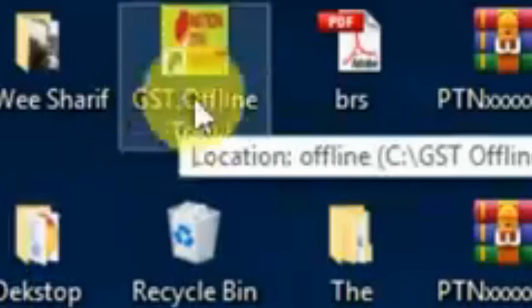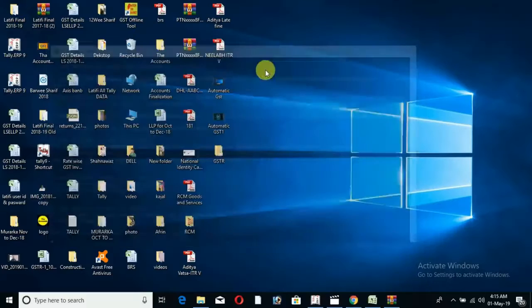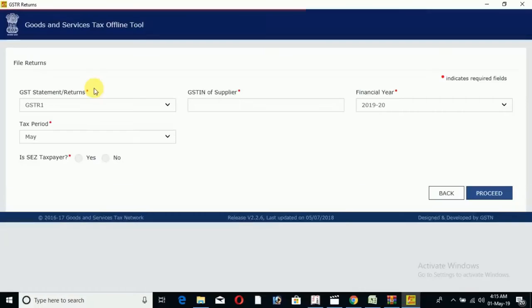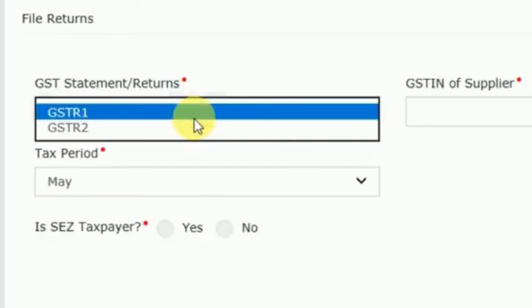We are getting this shortcut icon on the desktop of our PC. Click on it. Go to New. You will get two options, GSTR 1 and GSTR 2.